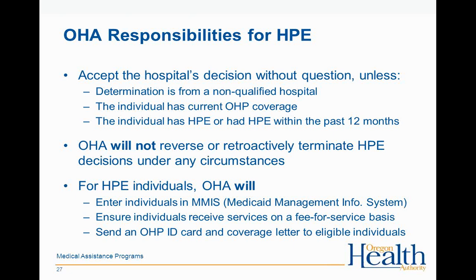And again, I just want to mention there that the ID card is not guaranteed eligibility. And this is a good example of why. Because if their eligibility ends on February 28th of 2015 and they did not apply for OHP or they weren't found eligible after that date, they're still going to have that ID. And they can still bring that to you. And this is why we tell providers, please do check eligibility on the date of service. Verify that that person is eligible. These are just a couple of examples where you have a letter in front of you that says, hey, this person is eligible. And please do accept them before they end up, or before they appear in MMIS.